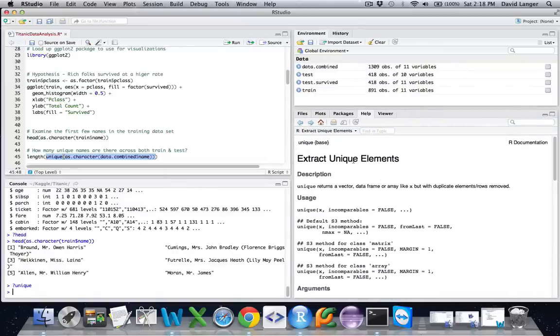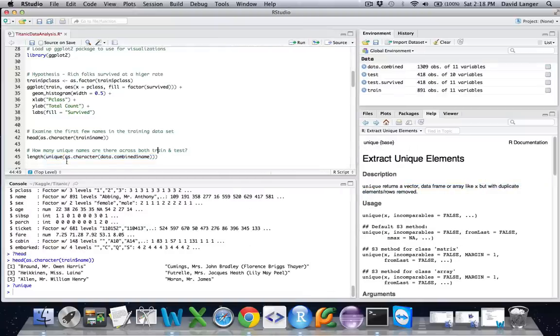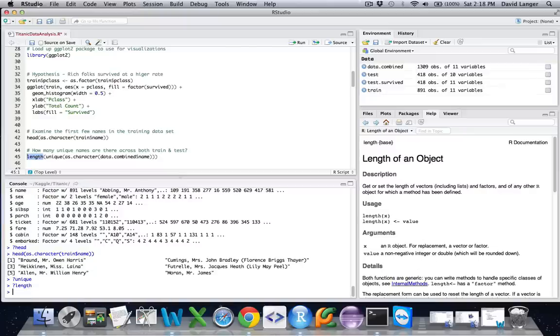Okay, so it's exactly what you expect, right? The unique function extracts unique elements from a vector, data frame, or array, but with the duplicate elements removed. It's exactly what we want. And then lastly, we say, okay, give me the length function on top of that, and length of an object. I mean, it's almost silly for me to type this into the help system because you could probably infer what it means.